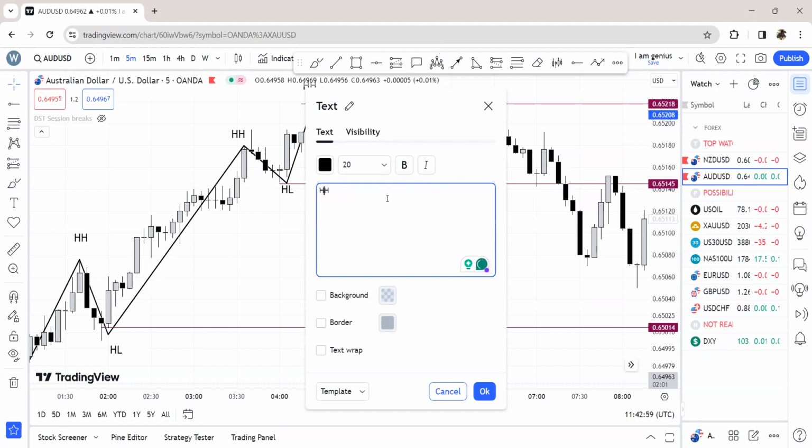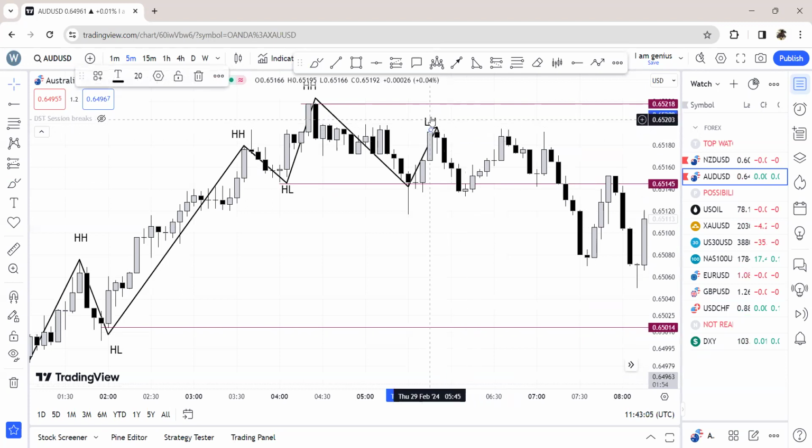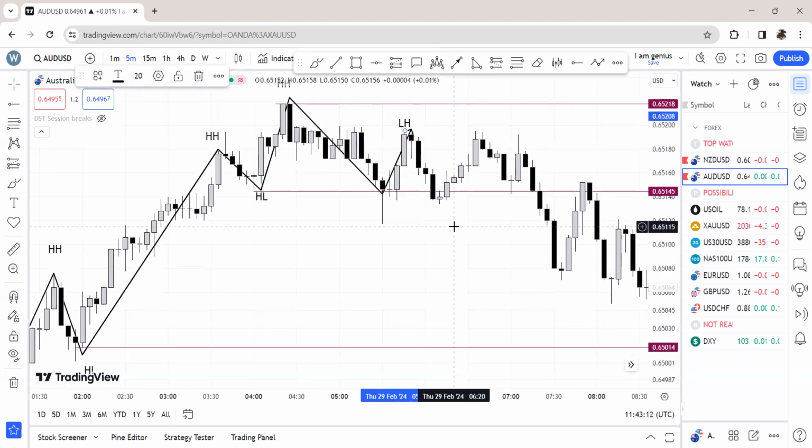The market formed a lower high instead of a higher high. Now, a lower high is only present in a bearish market. So then what are we going to be doing? We're going to be waiting for the market to break past this higher low. Because if we're going to say that this is a bearish market, which has now started forming here, you can see even this level is